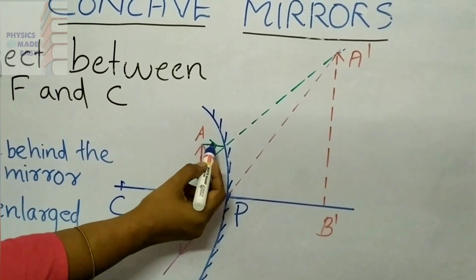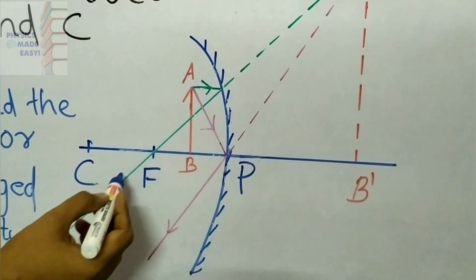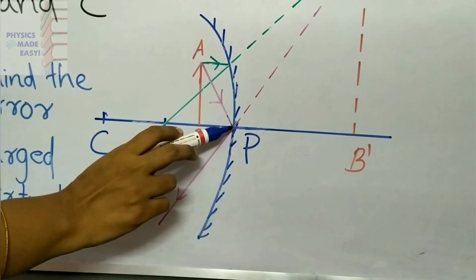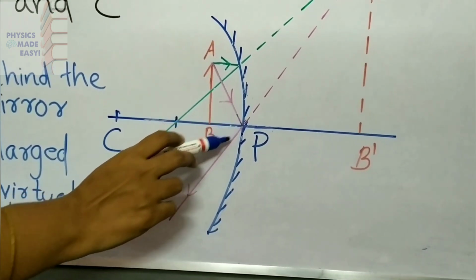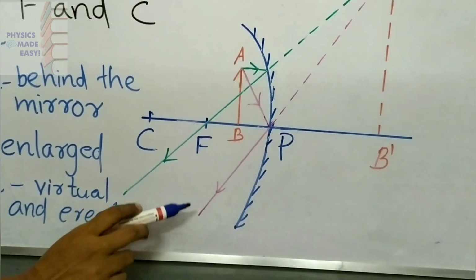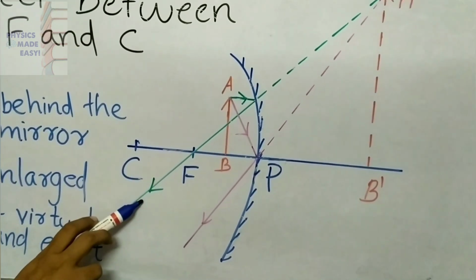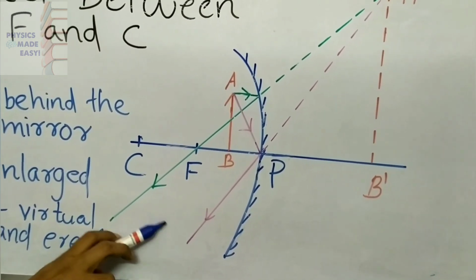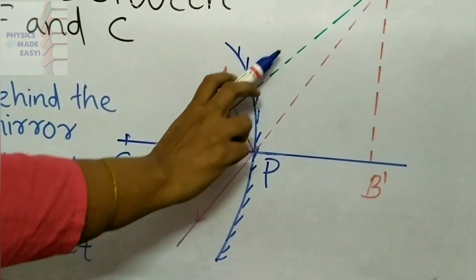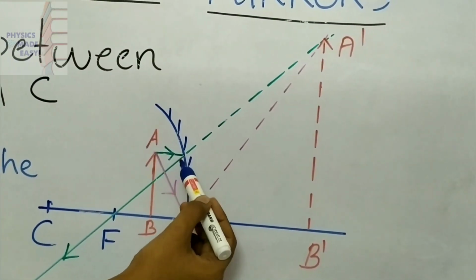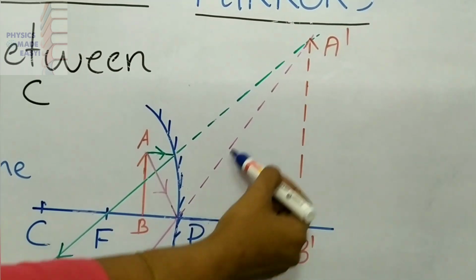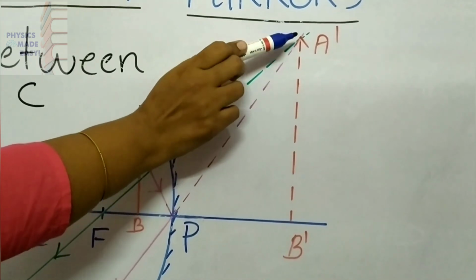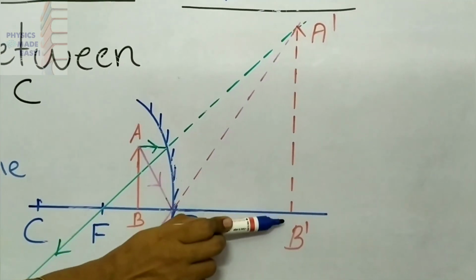You can see the ray which is parallel to the principal axis, after reflection passing through the principal focus. The ray which is obliquely incident at the pole of the mirror, the reflected ray also moves obliquely from the pole of the mirror. So here you can see one reflected ray is moving away from the other. Here you can't intersect these two rays. So for getting that image you have to extend these rays back. You can see the extended rays are intersecting at this point, and here you will get the image.